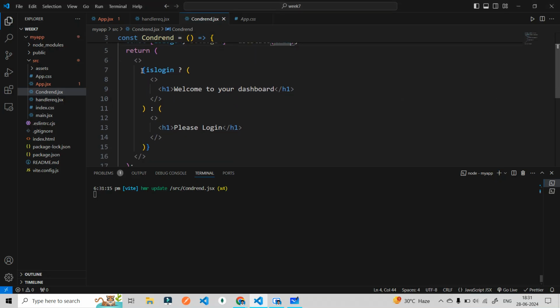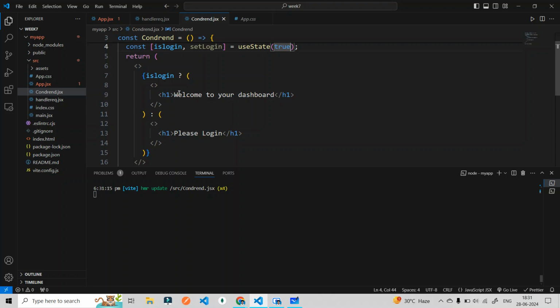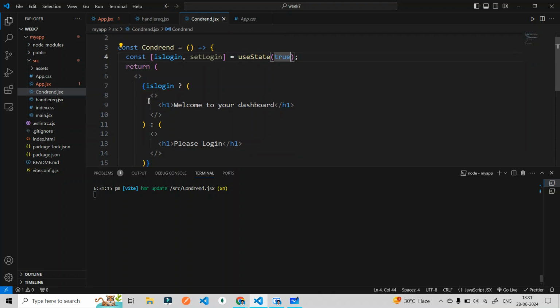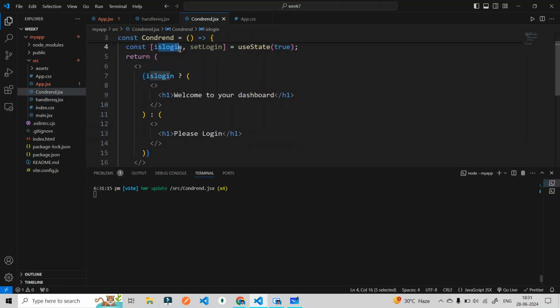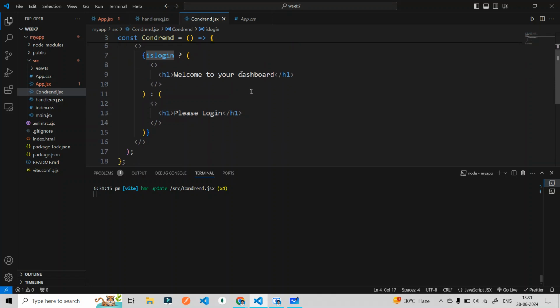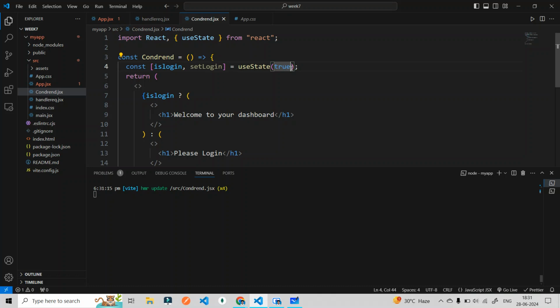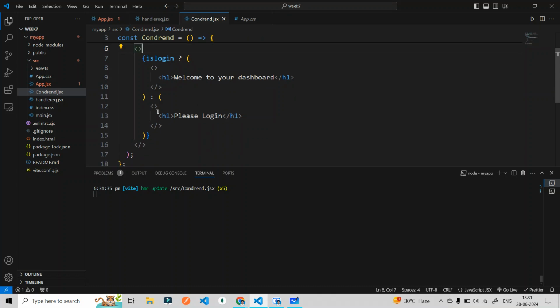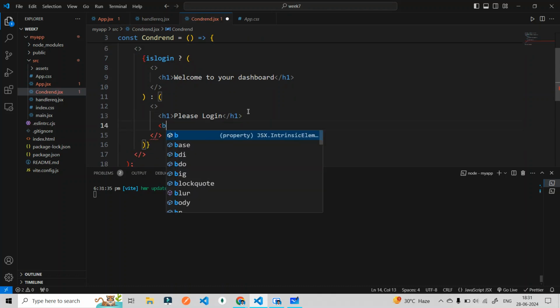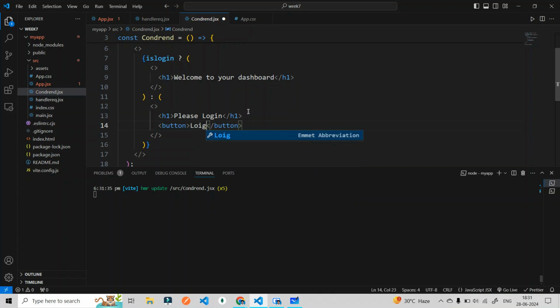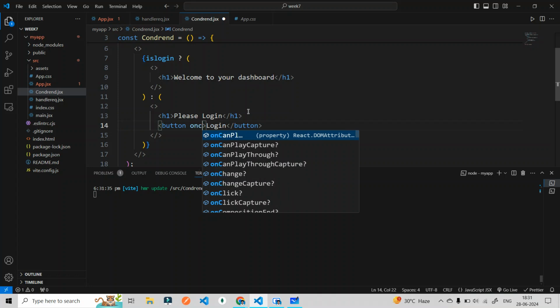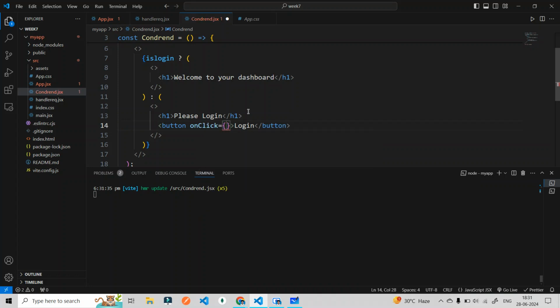This is the conditional rendering we are doing here, on this particular state. Okay, so one more thing we can do: what we have to do is create a button here. Beside please log in, I will create a button here, login, and I will write an onClick function here. onClick, and the